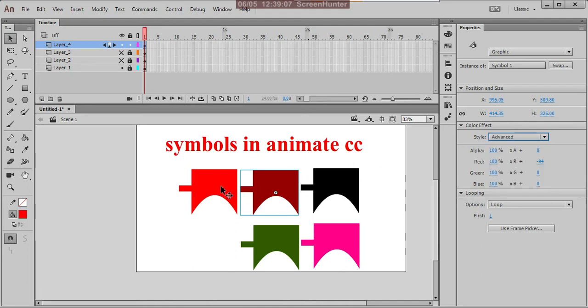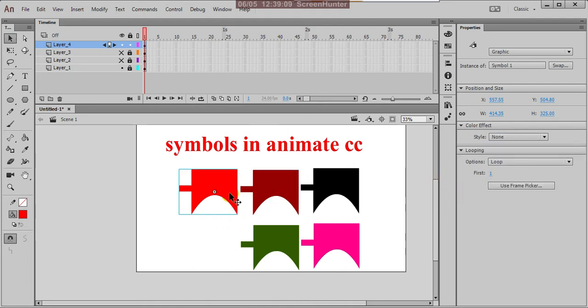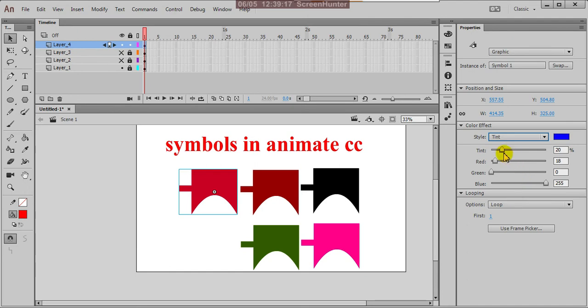Suppose here I choose this one, I choose this one, and suppose here I'm using this tint. For the tint, there are a number of values you can apply. You can decrease and increase. Again here in advanced we have the alpha, red, green and blue.